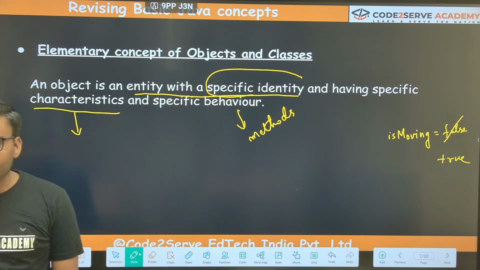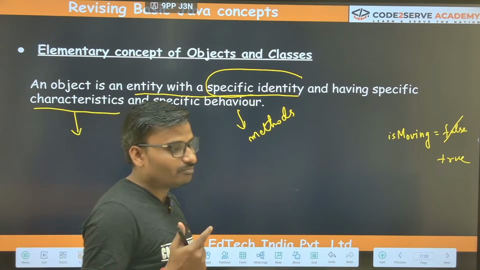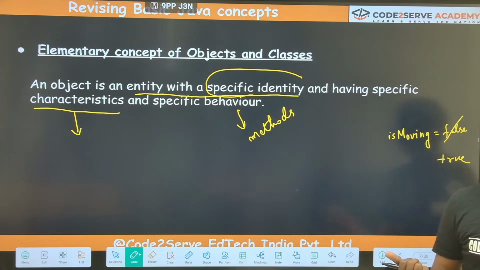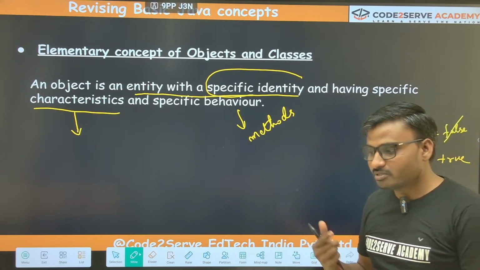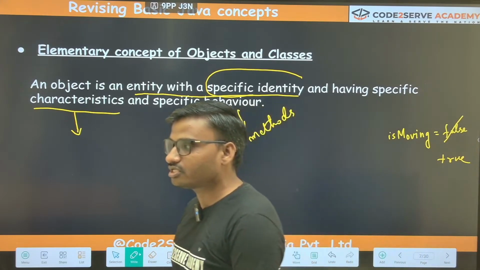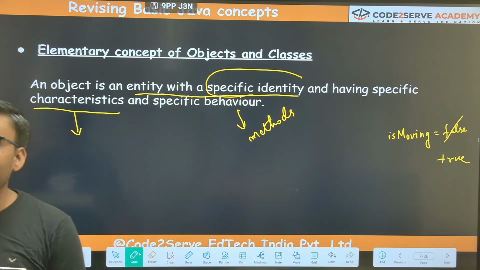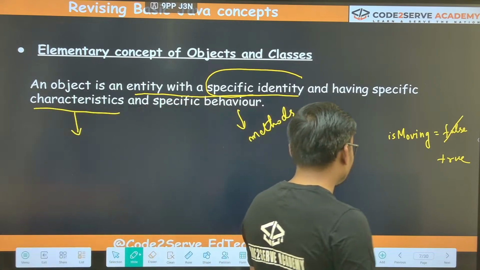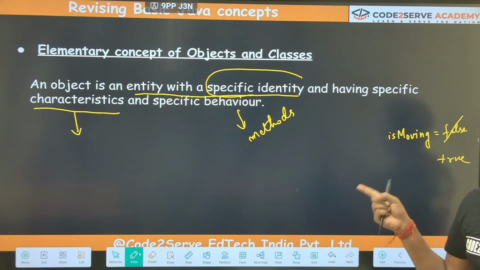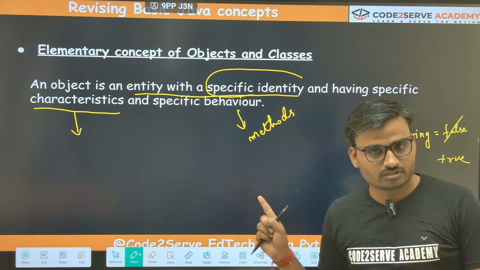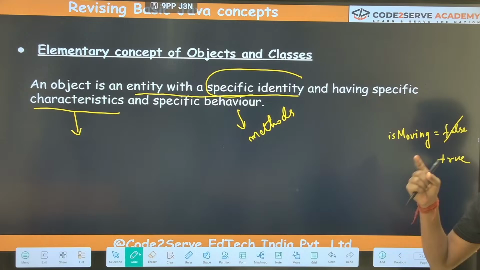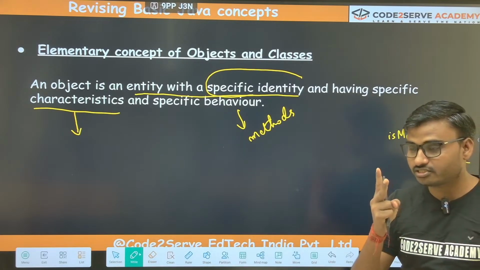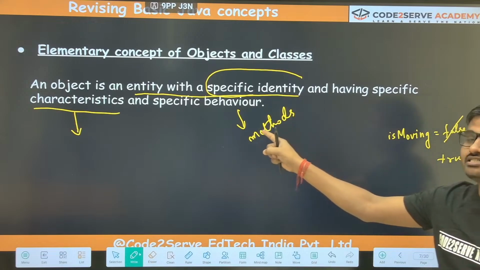So you can relate every problem in programming terms in Java, you can view it as class and object. Whatever problem you will see in the further lectures, you can break it down into class and object, and you can find the solution of it. Got it? Now let's move forward. I hope this is pretty clear to you, what object means. You have to keep in mind that an object has two things: one is the characteristics and second is the behavior.